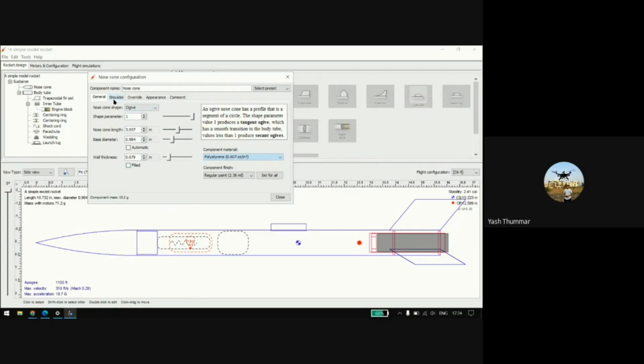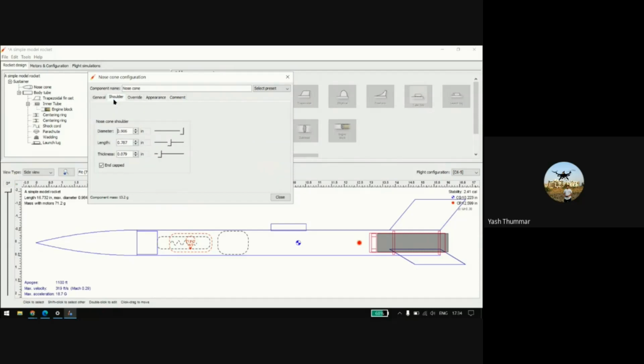Now we go to the shoulder. This shoulder part connects to the body tube, so it will go inside the body tube. For the nose cone shoulder, the connecting area uses the outer diameter, but for the body tube it's the inner diameter.